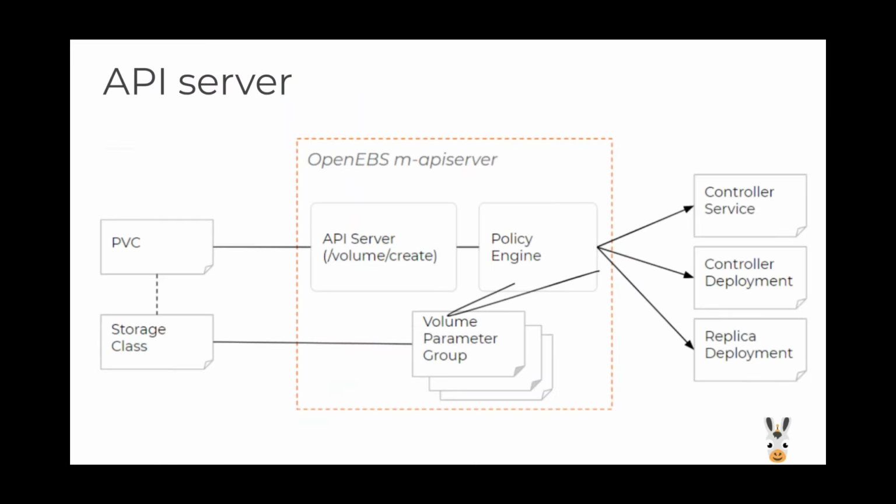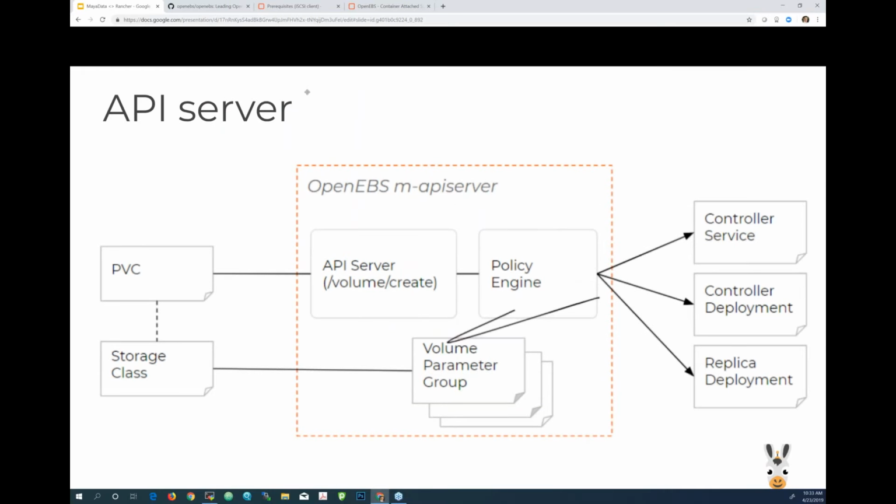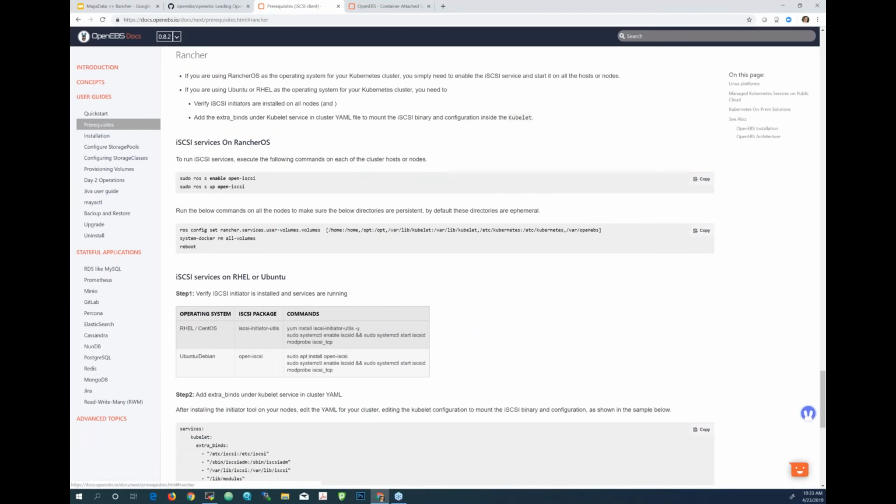So I'll quickly get into the demo part, like I mentioned. One thing before you start: we also have quick start and prerequisites guides for Rancher. You can go to docs.openebs.io and, based on what operating system you use, Rancher OS, Ubuntu, or CentOS, you can find the prerequisites.